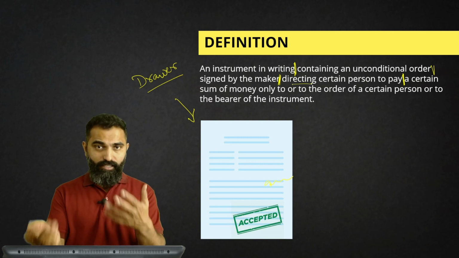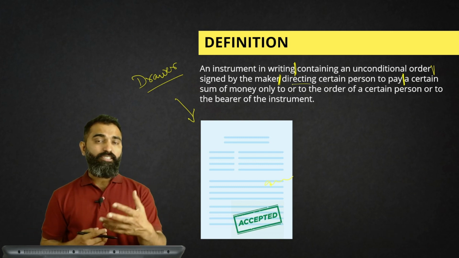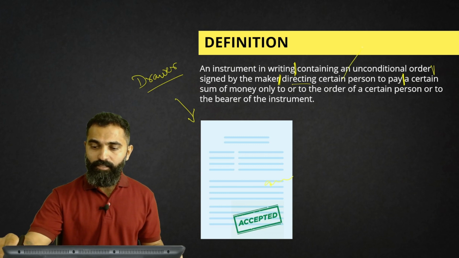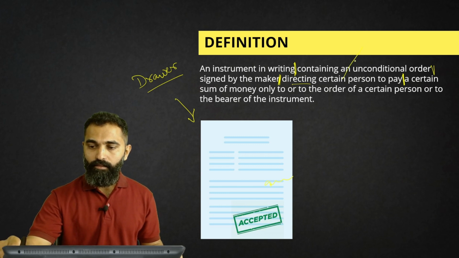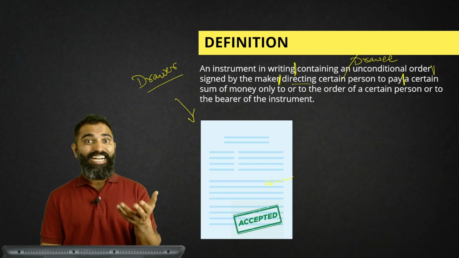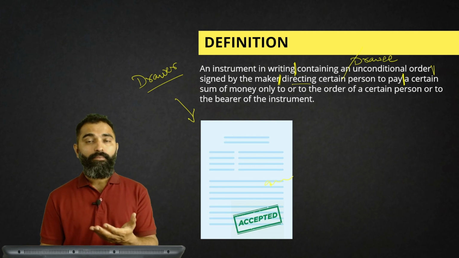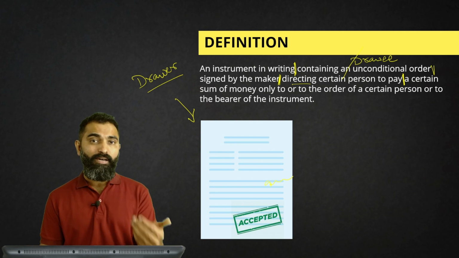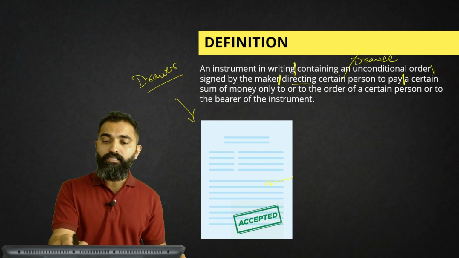Directing means instructing, ordering. Instruction दिया जा रहा है, उसको बोला जा रहा है भाई तुम पैसा दो. Now who is this certain person? Drawee. That drawee, that is the debtor, in our example Mr. B. So he has been given that order that you must pay me the money. A certain sum of money,